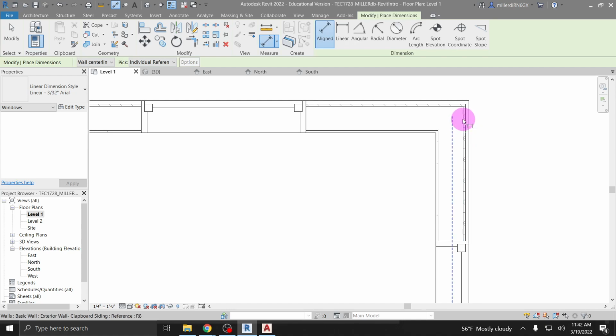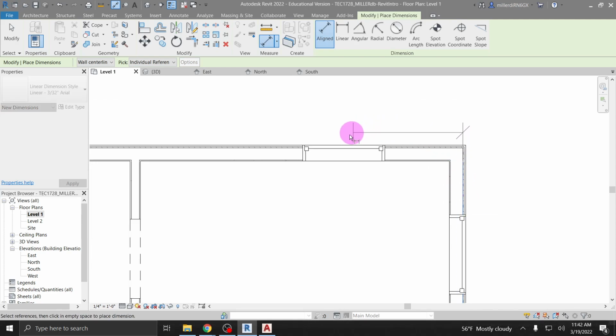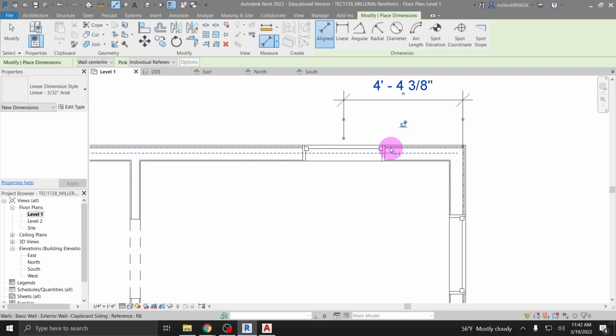If you're trying and it keeps just giving you the ba-dum, I can't do it, that's because you're too high up. So this is technically still part of this wall. I want to do the face of this one, so I've got to just move my cursor down a little bit, hit tab, and then I can click on the face of the stud, and then I'll just click again for the center, and then to place it I'll just click, and then it's going to give me my measurement,